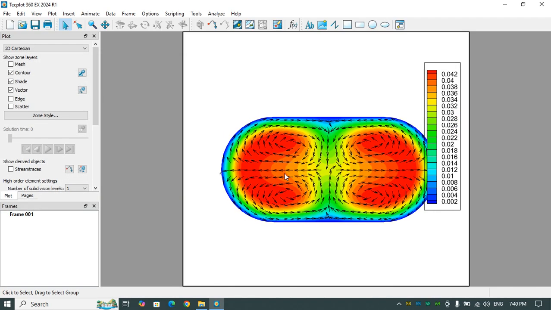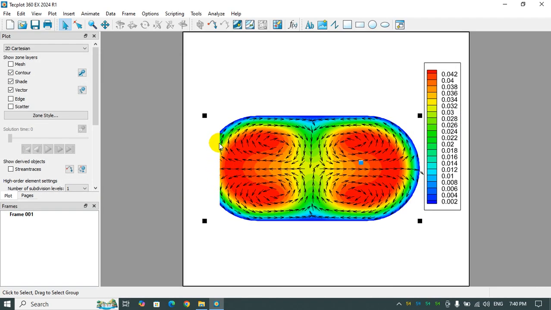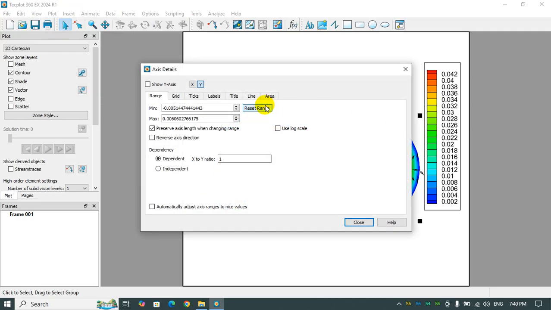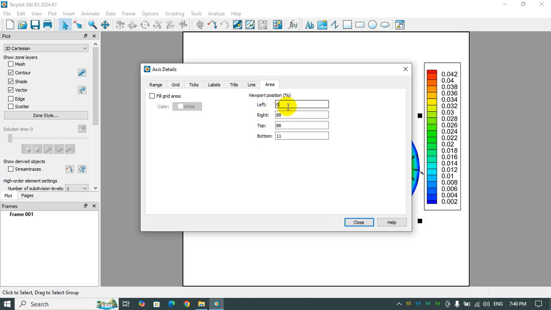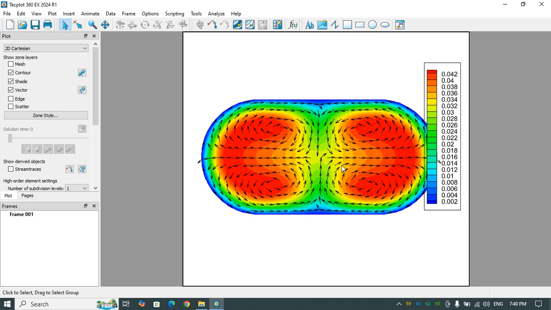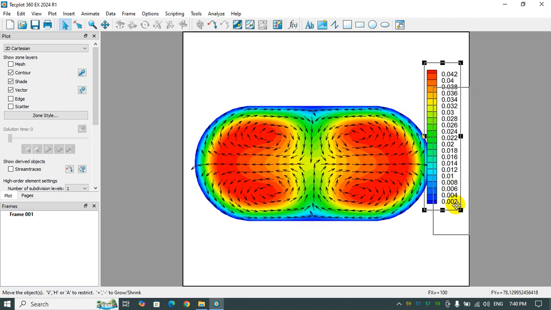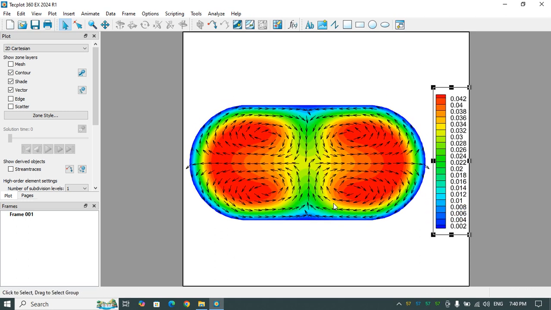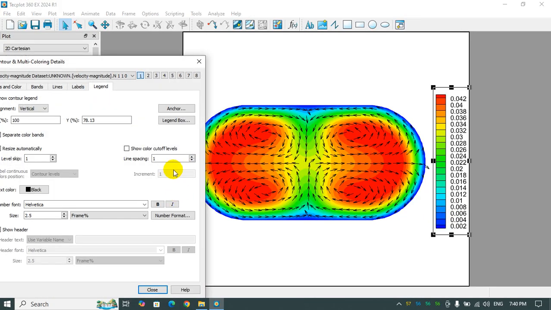So okay, if you can see, in order to solve this problem, you need to go to the plot and axis area and adjust them like this. Here you go. Also you need to